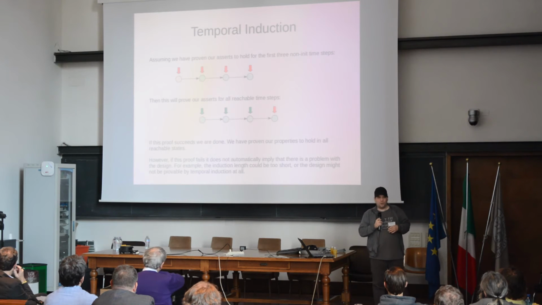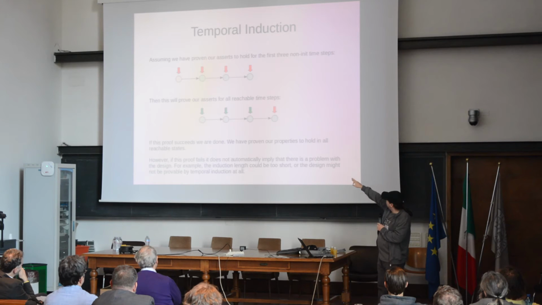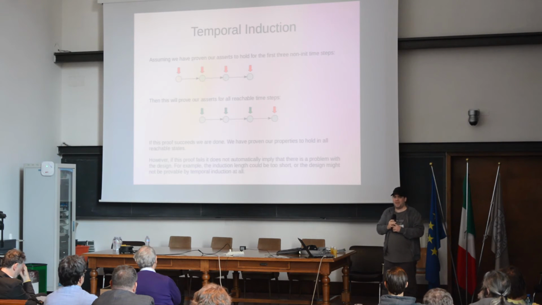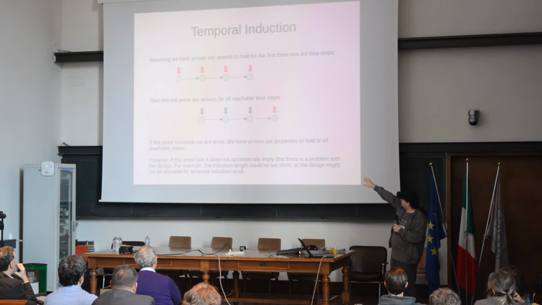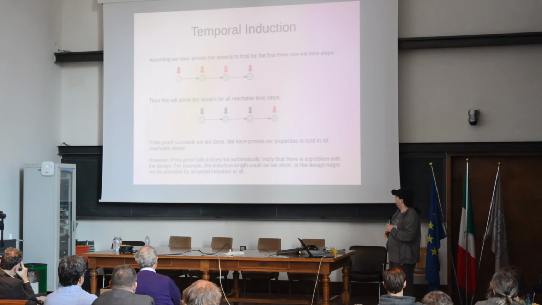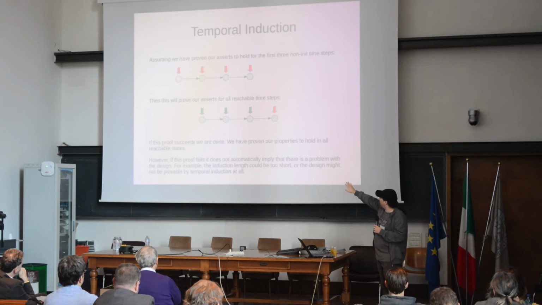So for temporal induction, we build on this. So we start with the same 4 states we have before and we make a proof. Doesn't matter which of the 2 techniques we are using. We make a proof that the initial state and the 3 states that follow, they don't violate any assertions. And then we create another proof. And in the second proof, we don't have an initial state. We just say, assume there are 3 consecutive states that